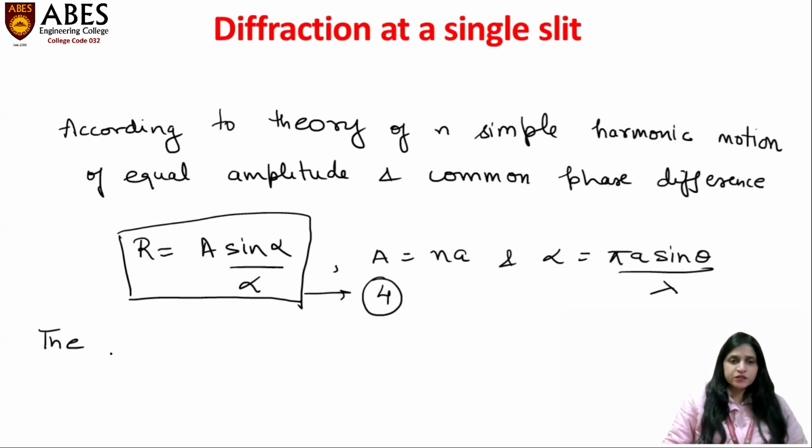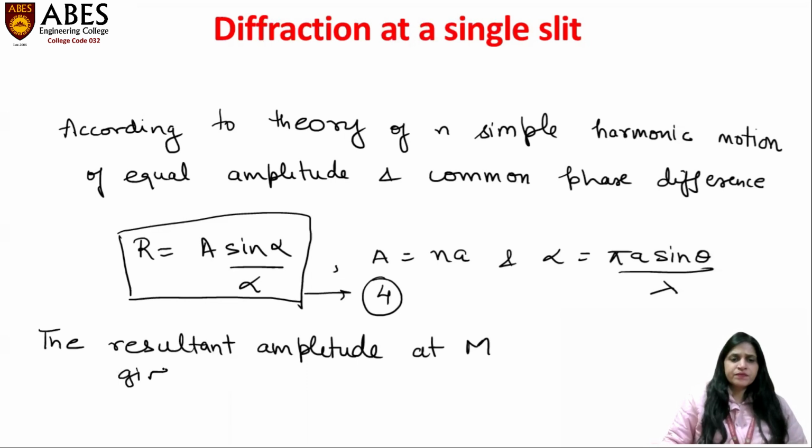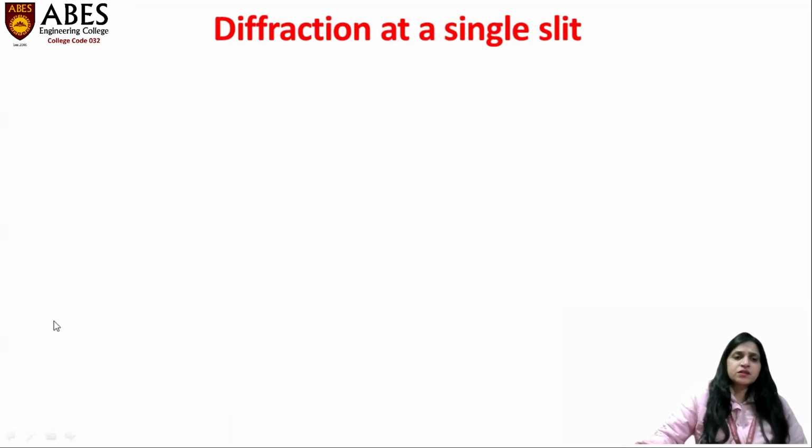The square of the amplitude. Okay, so the resultant amplitude at M is given by equation 4. So the resultant intensity will be given by,